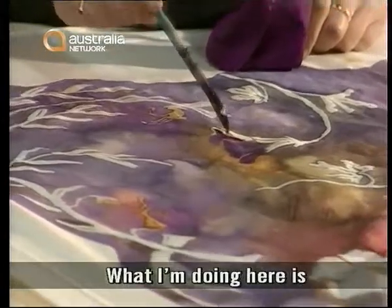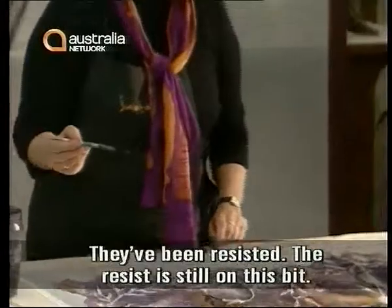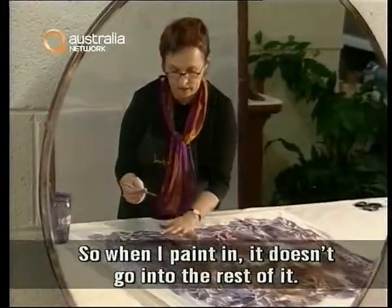What I'm doing here is painting in the areas that got left white. They've been resisted. The resist is still on this bit. So when I paint in, it doesn't go into the